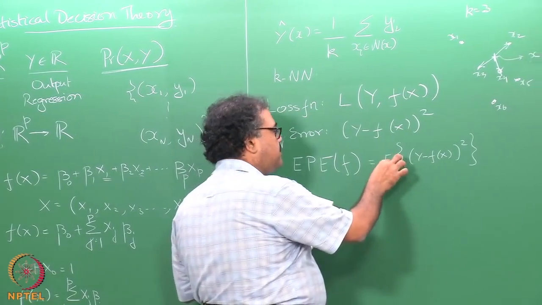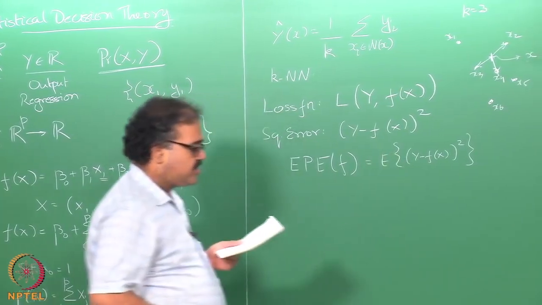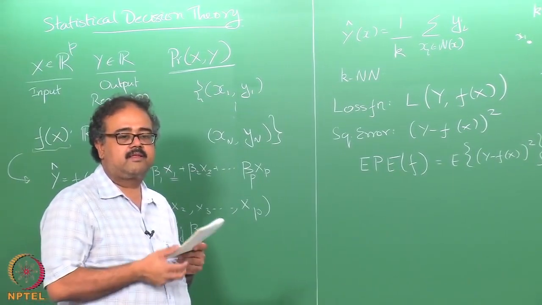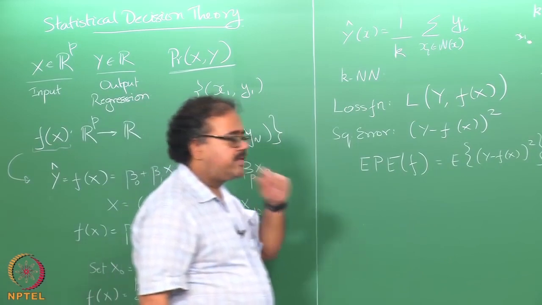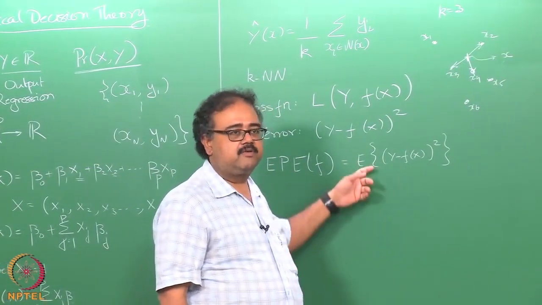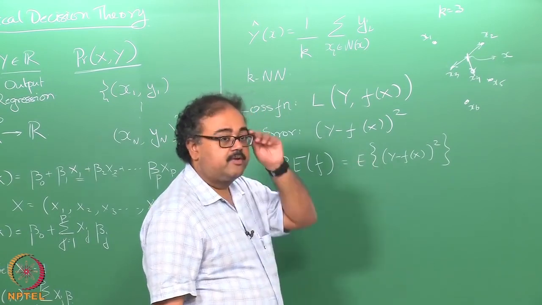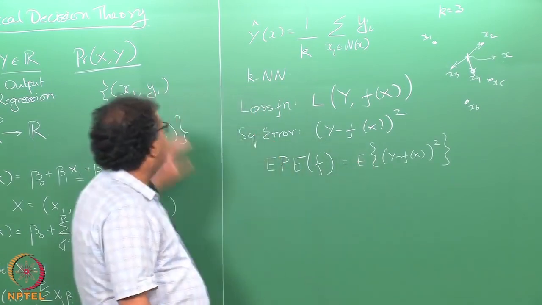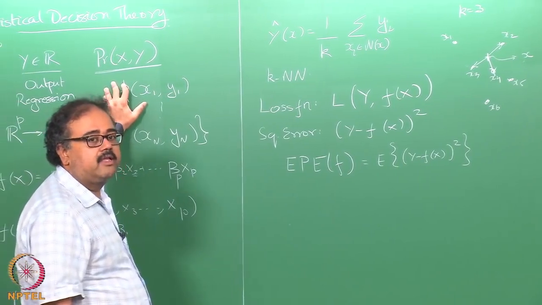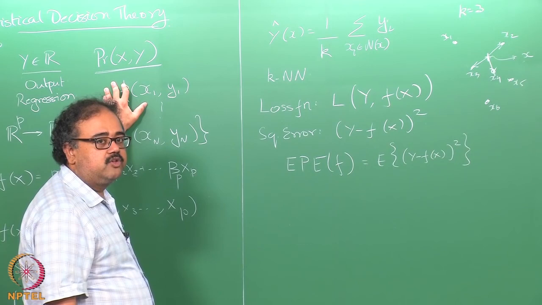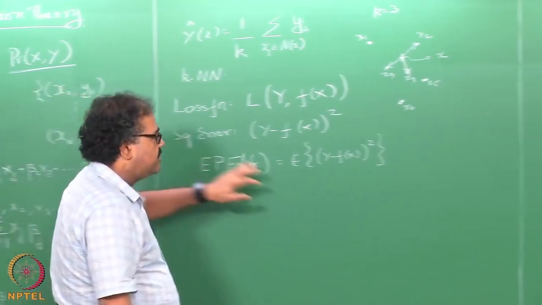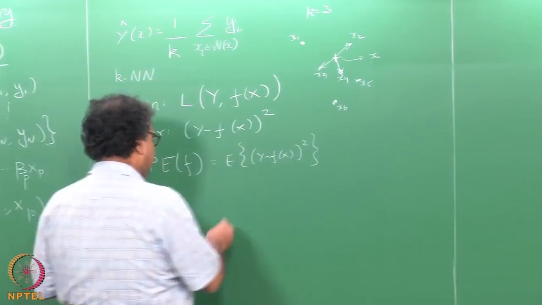So, what is the distribution with respect to which you are taking this expectation? Whenever we talk about the expectation of a random variable, we will have to talk about the underlying distribution. The distribution with respect to which you are taking this expectation is exactly the joint distribution of x and y. It is the joint distribution between x and y. Therefore, I can write this as